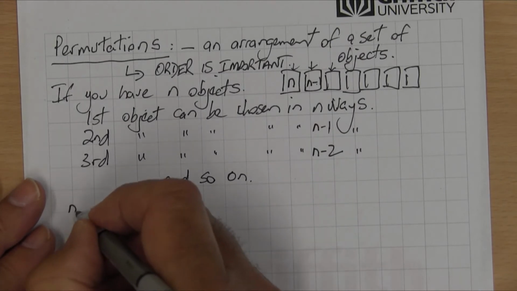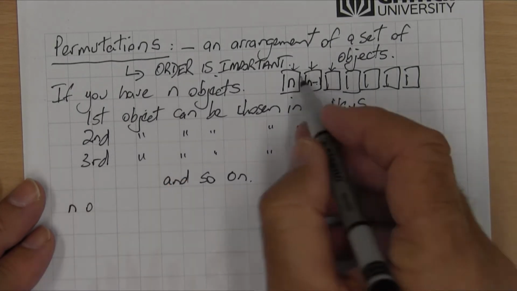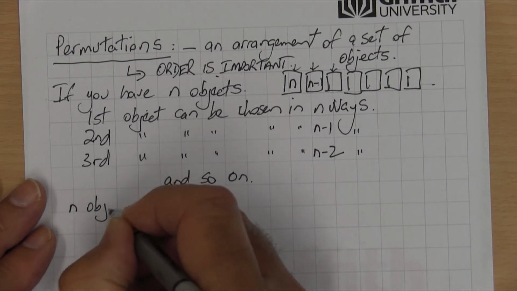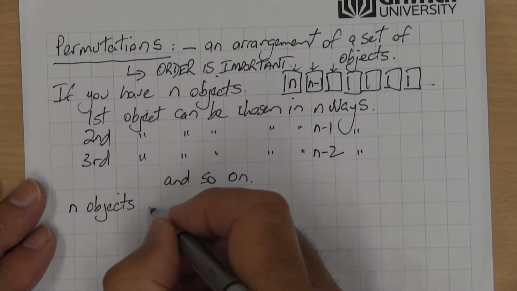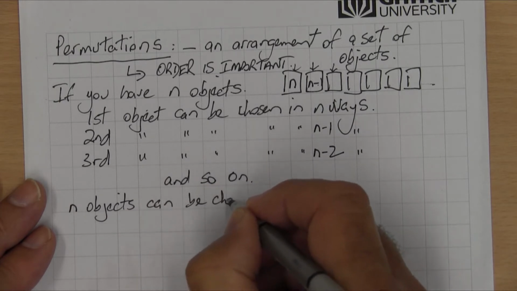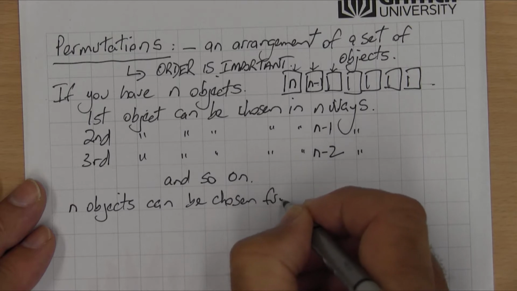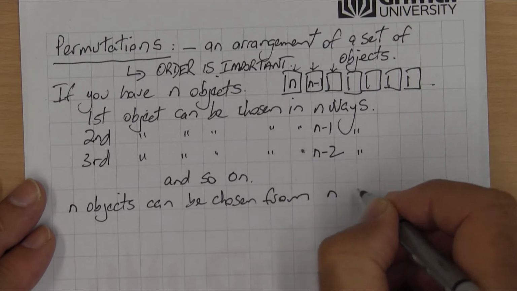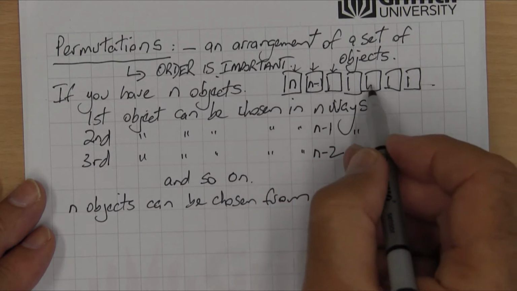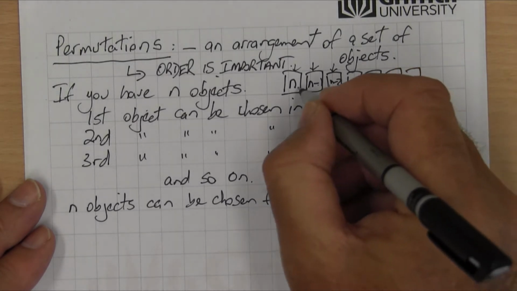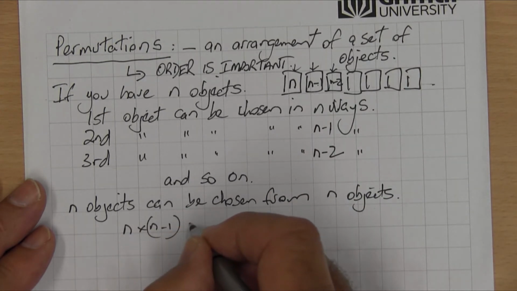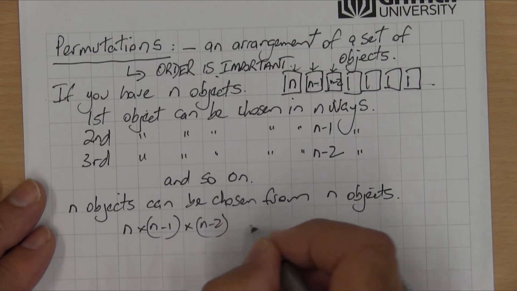So if we were to complete this all the way down, n objects chosen from n objects, we just continue down here: n times n minus 1 times n minus 2